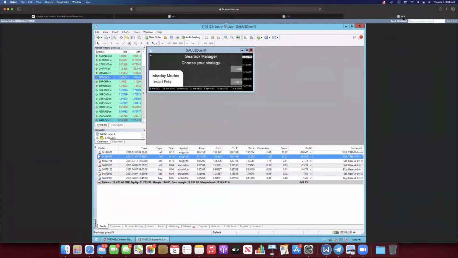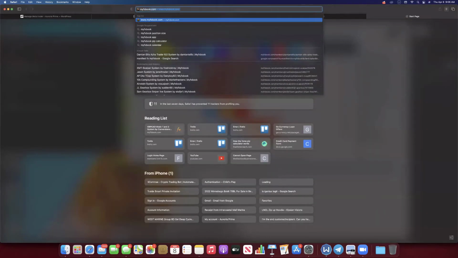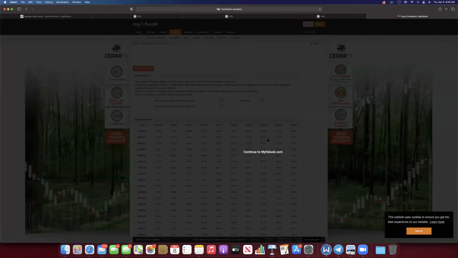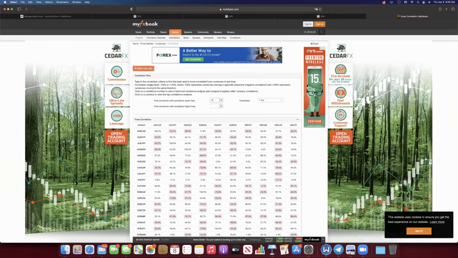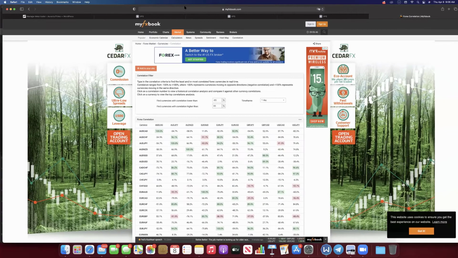When it comes to instant entry, the only time instant entry really fails is going to be on correlation. So if we go to correlation, and this is the same for precision, correlations are where strategies can get into rough times. But for instant entry, we're maybe looking at 85% and 85%, and we're looking at the daily time frame. And let's take a look at the pairs that we're choosing.